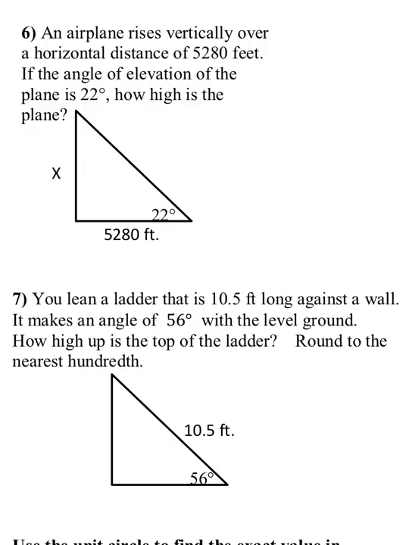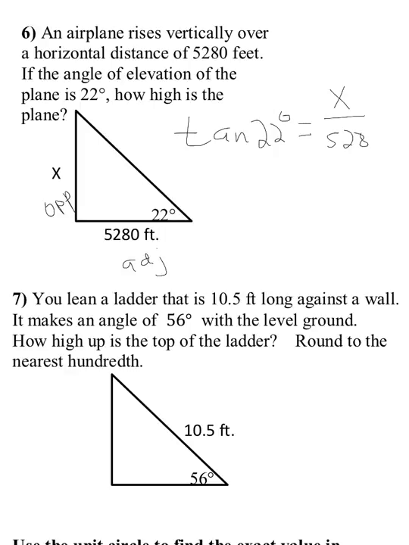All right, in the next problem, we are trying to find the length of a side. And in this case, the length of our side is x. The problem is a triangle with angle measurement 22 degrees. And then we have the side down here, and we have this side. So we have 2 sides, and we have an angle. We don't know the hypotenuse. So when you have a side adjacent and a side opposite, and you don't know the hypotenuse, then you're going to use the tangent function, because tangent is opposite over adjacent. So opposite over adjacent,